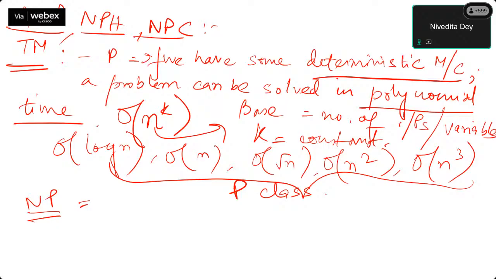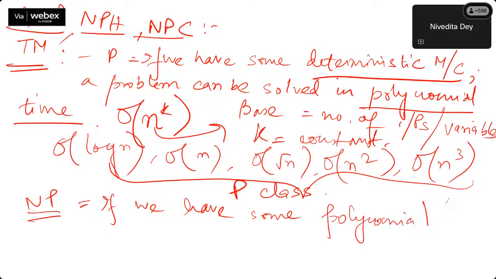So that means NP will belong to those problems with those complexity classes where, if we have some non-deterministic machine, we could solve it in polynomial time. Let me write it down. So if we have some deterministic machine,